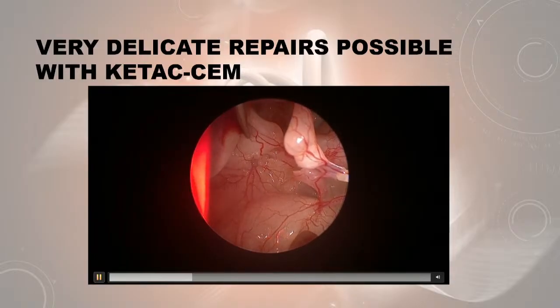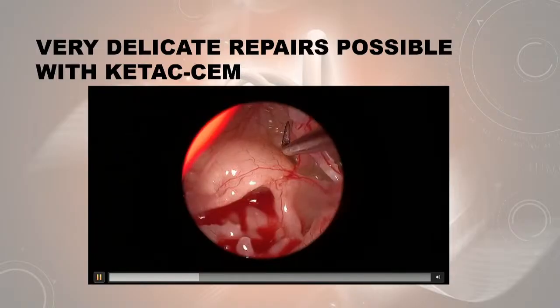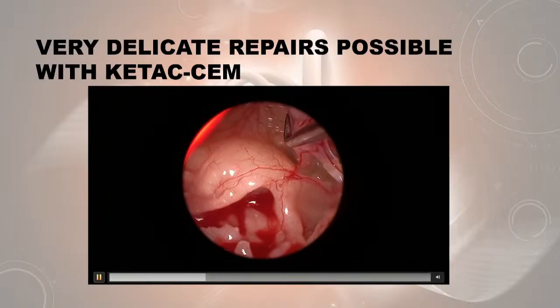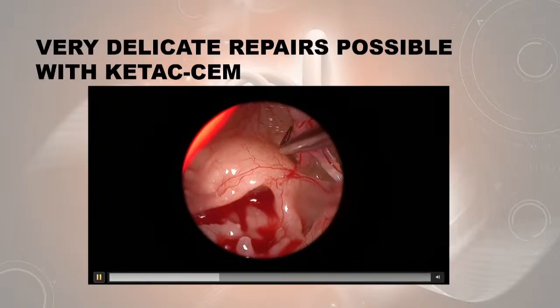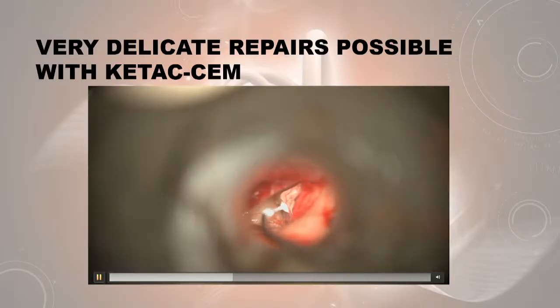Now, it's just against my grain to say, let's take that incus out, do an incus interposition, or let's do a TORP in that situation. And so there you can see the stapes is very mobile, nice round window reflex. So this was a very easy situation. You say, we're just going to put a little bit of cement, but true to my rules now,